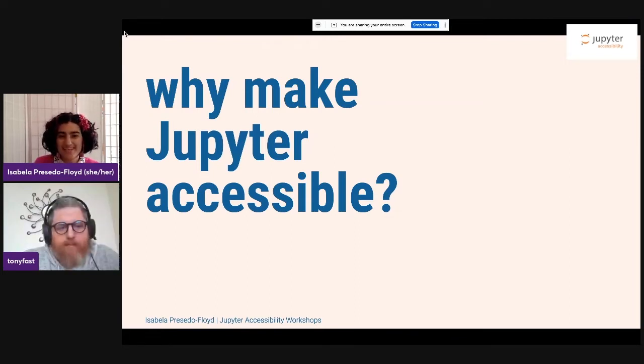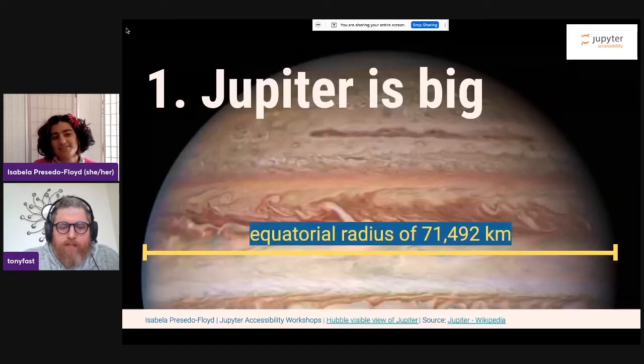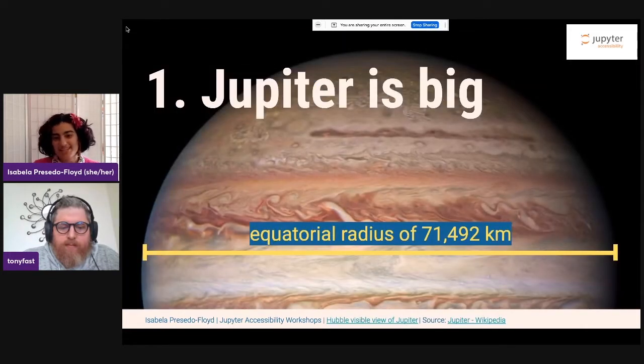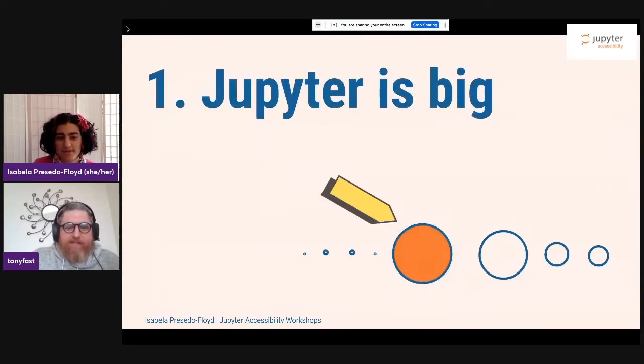Why focus on making Jupyter accessible when there's a lot of other things out there in the world? I've got a few answers for you. One, Jupiter, the planet, is quite big. Wikipedia tells me its equatorial radius is 71,492 kilometers. So we aren't the planet, but Jupyter, the project, the software projects and community, is also quite big,